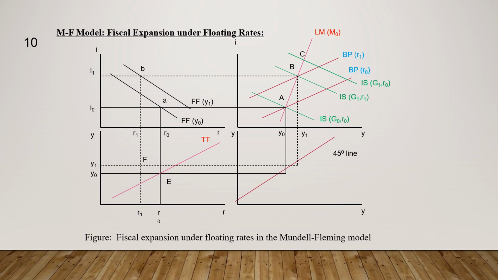In another case of the Mundell Fleming model, fiscal expansion under floating rates. Okay, in this case, with a fixed money stock and constant price level, the LM curve is unmoved. Fiscal expansion shifts the IS curve to the right. The new IS curve cuts the original LM curve at point C with a higher interest rate and causes an influx